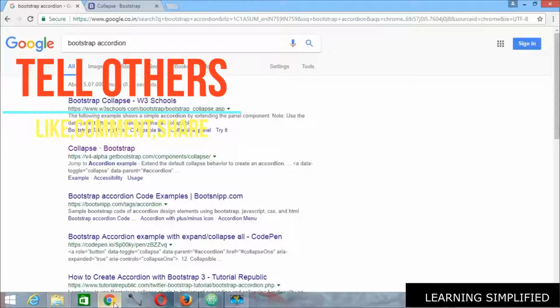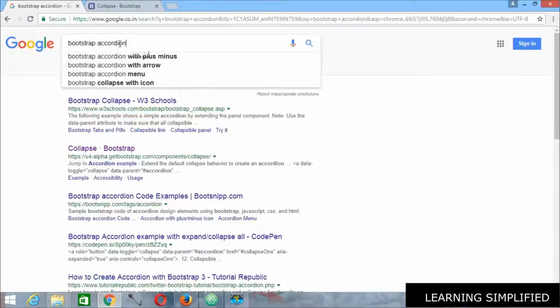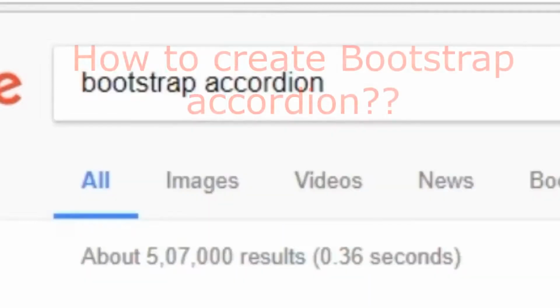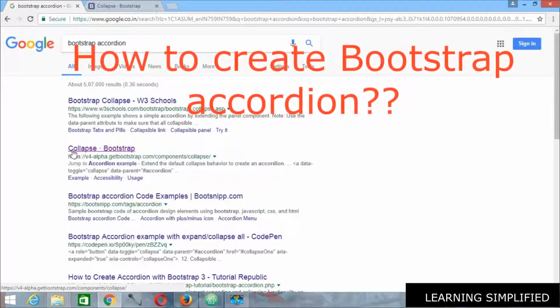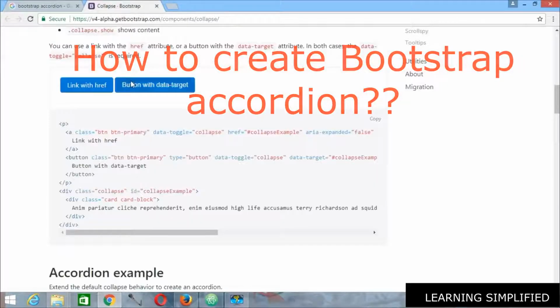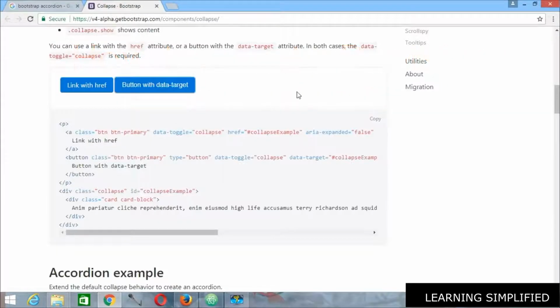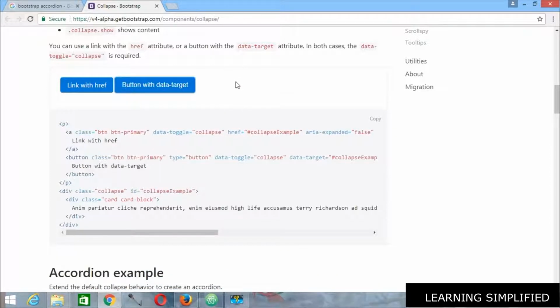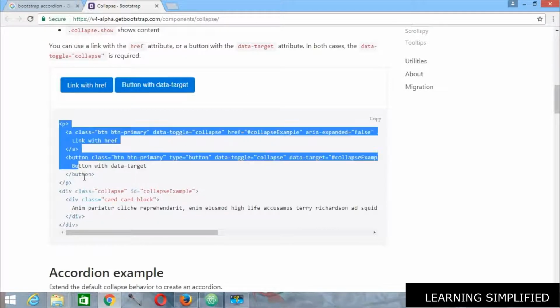And for that we are getting to google.com again, and here we have to search for Bootstrap accordion. Here is the link that presents Collapse Bootstrap. Now if we click onto it, you will get a sample page. In this particular case, there is a button on clicking which we can see that a particular drop down item descends down, and again on clicking it, it disappears again. So this is the thing that we need to know, and here the code is given.